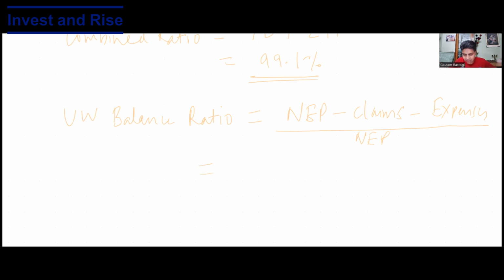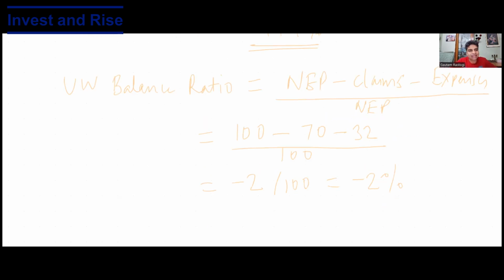In this case, it is 100. You paid out claims of 70. You paid out expenses of 32. Your NEP is 100. So your underwriting balance ratio is minus 2%. That is, you made an underwriting loss. That's what this ratio tells us. It tells you whether you're making underwriting profit or underwriting loss. In this case, you're making a small underwriting